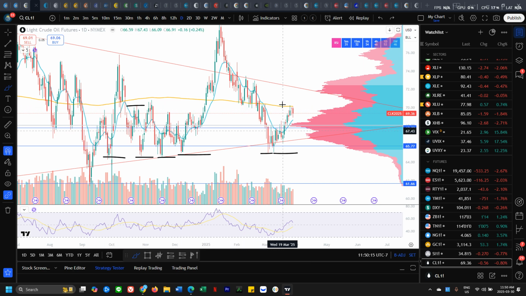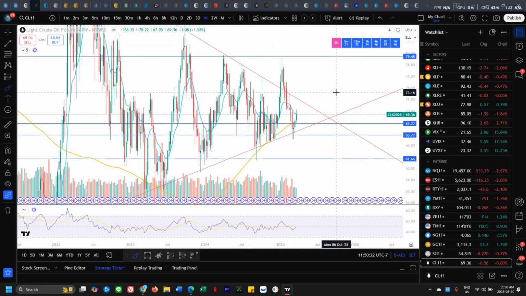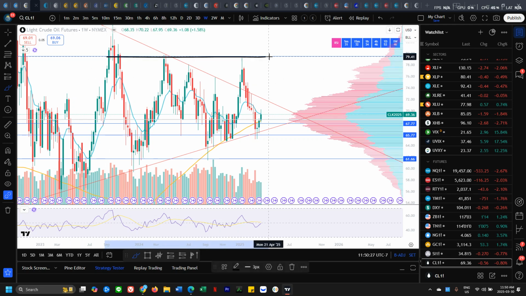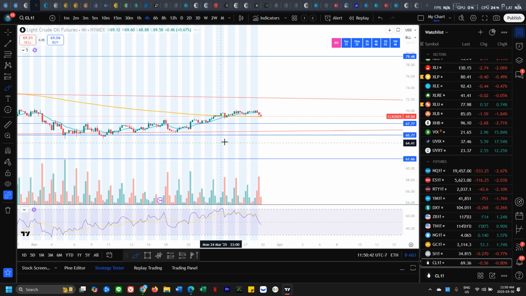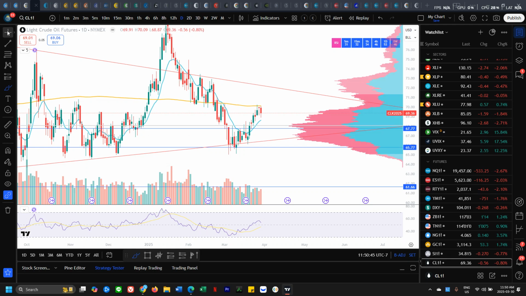And so long run, oil's still in a choppy trade. Chop range, I think, for a month. We've talked about this for months, right? We're now on the weekly time frame, so every candle is a week. You can see resistance, support, and it's still in range. It's been in range for many years, so I won't be surprised if it continues to trade in range until it breaks out. But obviously, we don't want to look too zoomed out. So for short-term traders,